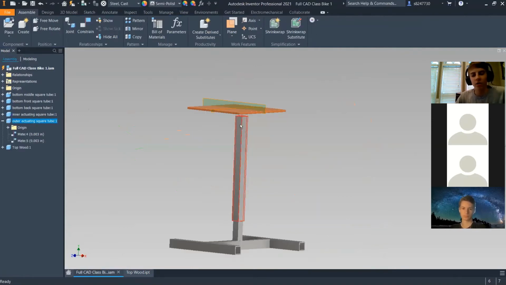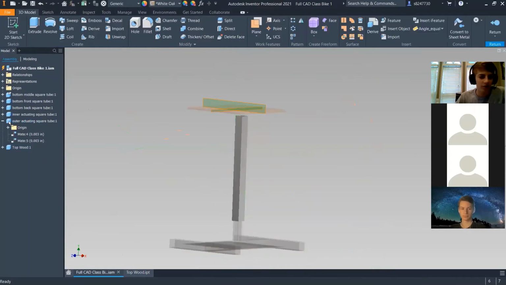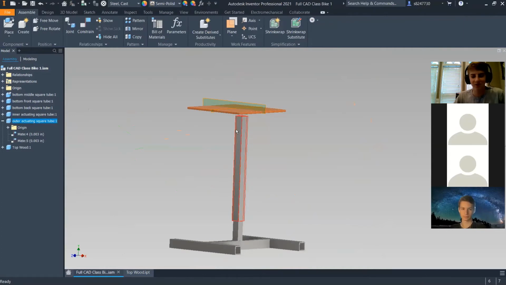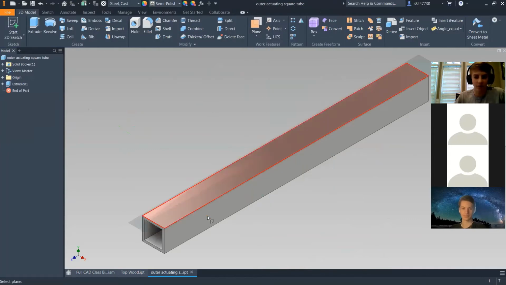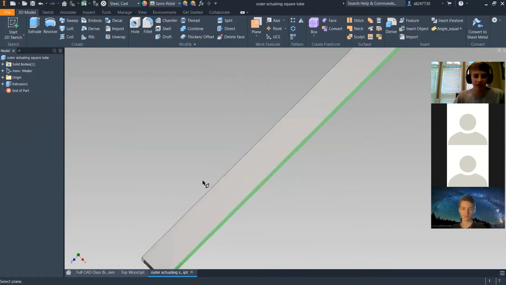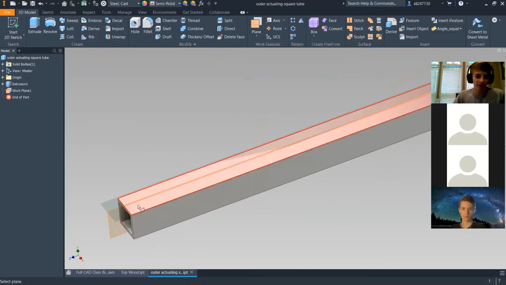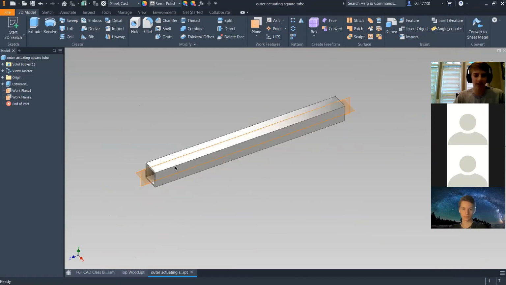So here, what you can do is right click and then click open, or you can come over here and double click. I click open, and then what we're going to do for this file is do some more midplanes. So you're probably thinking right now, wow, this is taking forever, you could have just done that. But what is good about doing it this way is